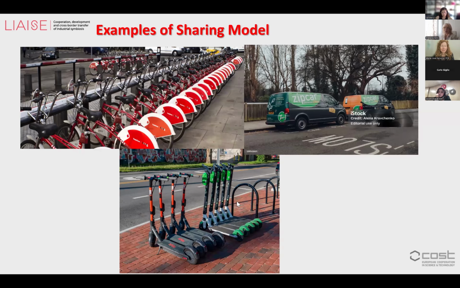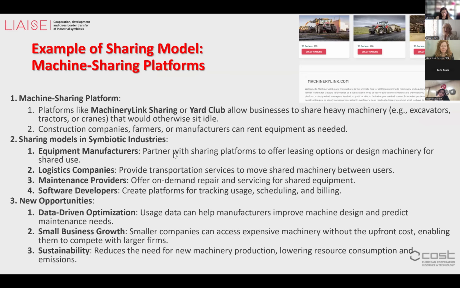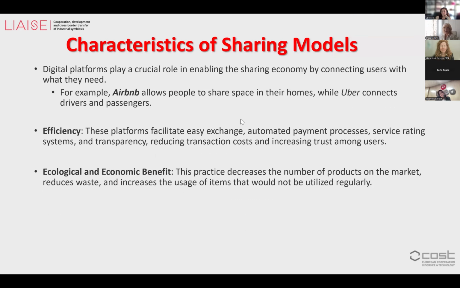Here are some examples of sharing models, and you can see here several machine sharing platforms, sharing models in symbiotic industry, and there are new opportunities for these models. Characteristics of these sharing models are that digital platforms play a crucial role in...